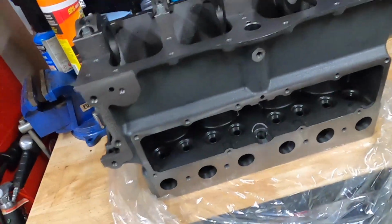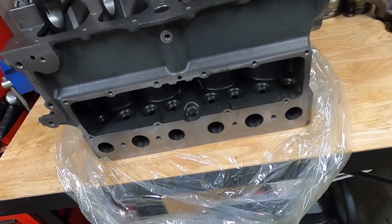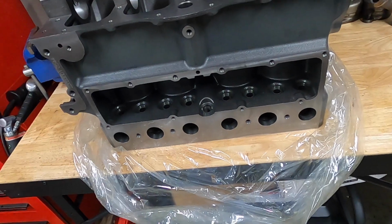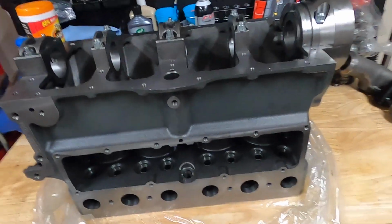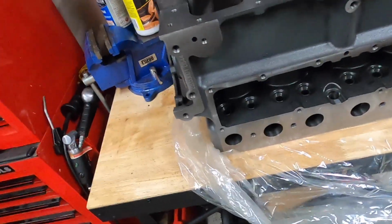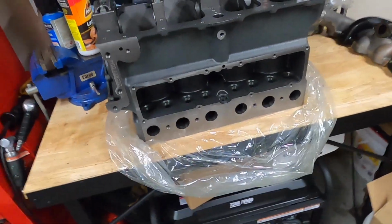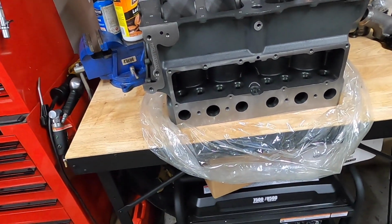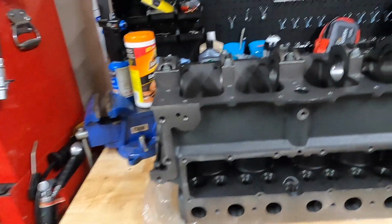Again, another thing that stood out to me was the noticeably larger intake port design. Just looking inside them, you can see that it definitely appears to be a good bit larger inside compared to the original Model A block. So the flow through the intakes is probably a bit improved from original. How much, I cannot say for certain, but